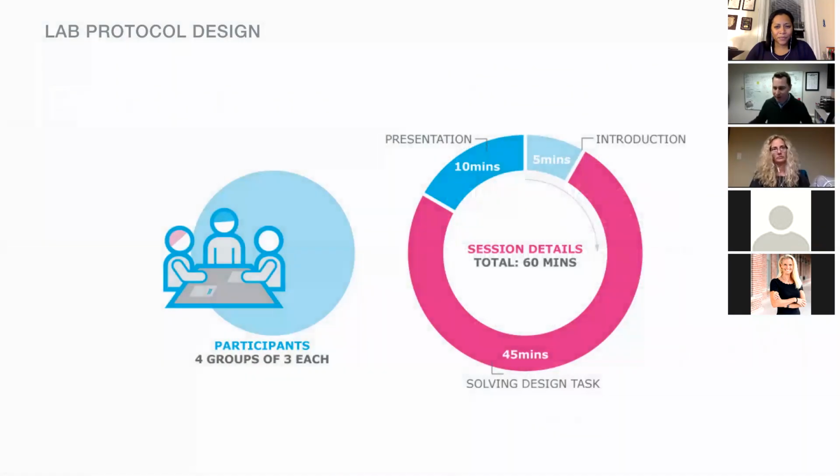So first thing that you need to know that we did here is we did a lab protocol. And you may or may not be familiar with the lab protocol as a research device. This is an idea that comes from psychology, where they do lots and lots of lab studies. So if you sign up for a psychology pool in your undergraduate experience, you get to participate in lots of lab studies. And the idea is that you control the environment, you control the amount of time, you control the resources that are offered, and you give people a time to do something.